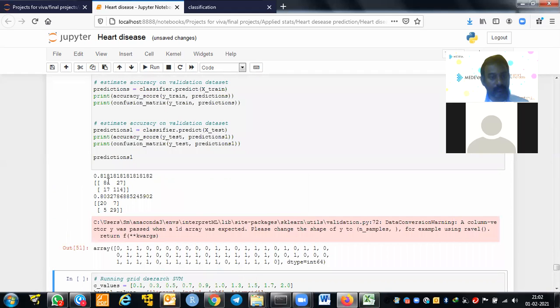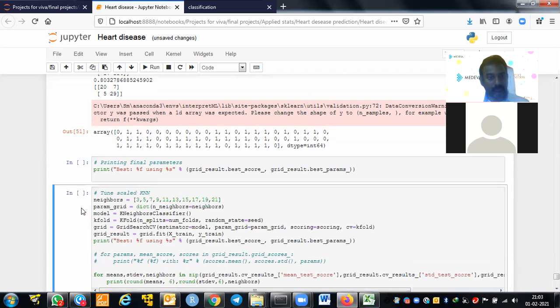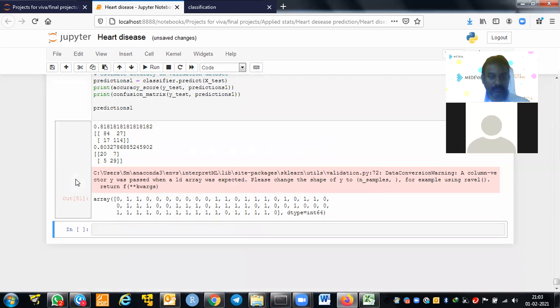If I do that, with the 5 variables I am able to build the model with 81% train accuracy and 80% test accuracy. That means it's neither overfitting nor underfitting, and it is giving very good accuracy with the 5 variables. That means I am able to build the model with fewer variables and good accuracy. Hence, I can use this model. Clear? So this is your project.